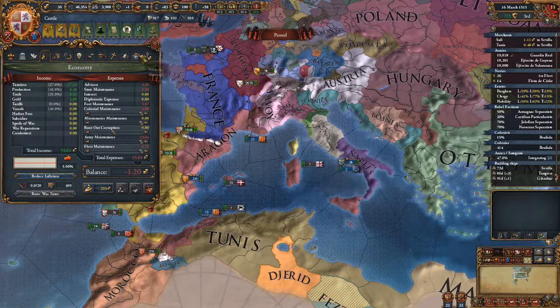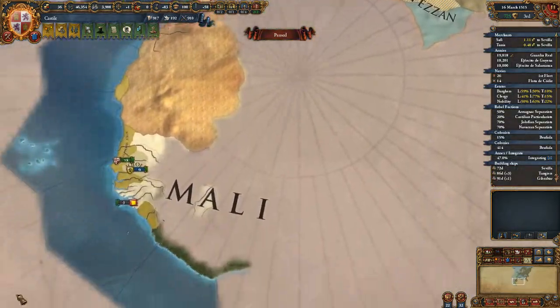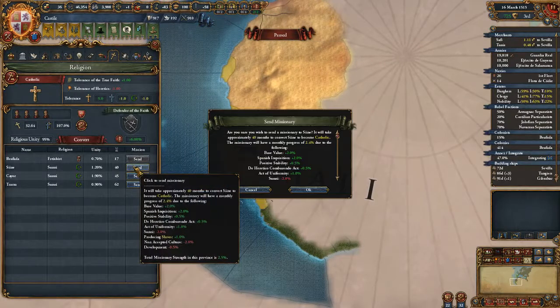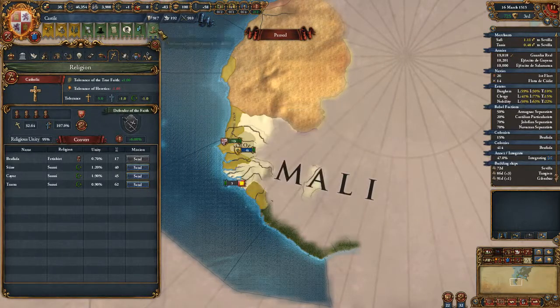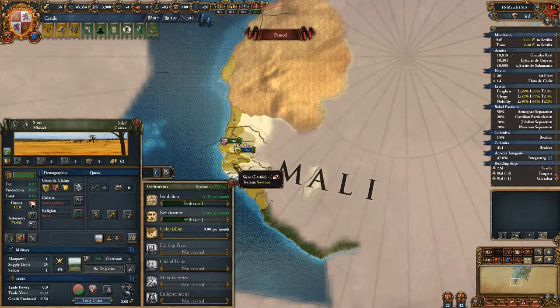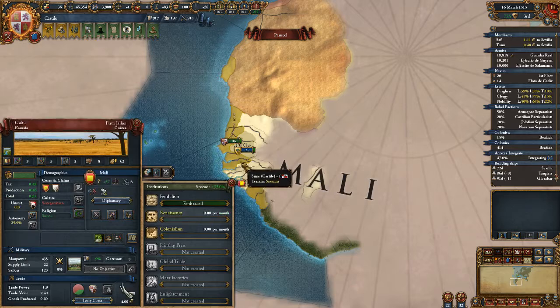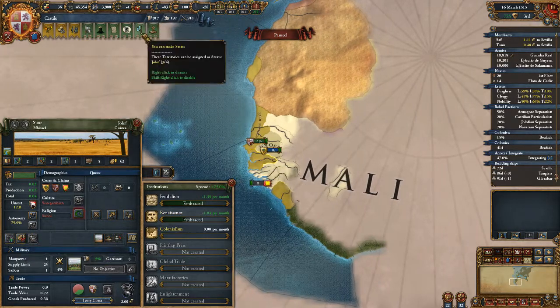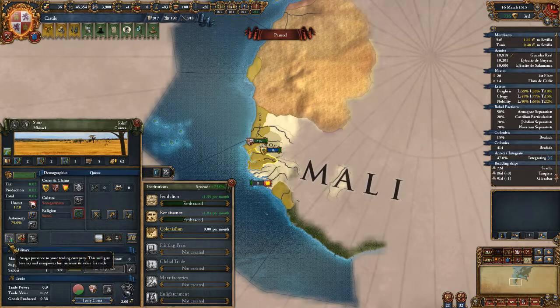We have finished those cores. Let me see how long it would take to convert these places. Not very long. Let me make sure I can add these places to trade companies. Yes. So what I'm going to do is convert them to keep my religious unity up, and then give them to the trade companies. I'm not going to turn them into a state,